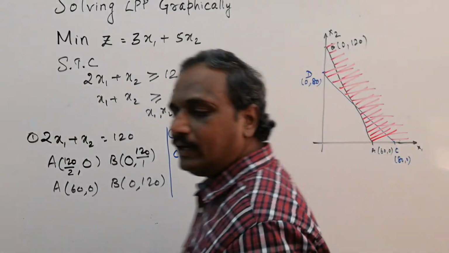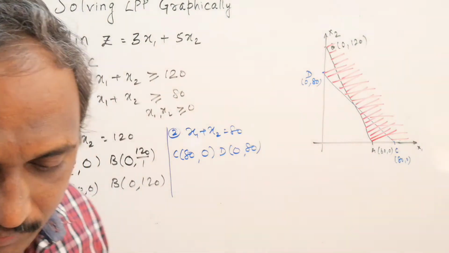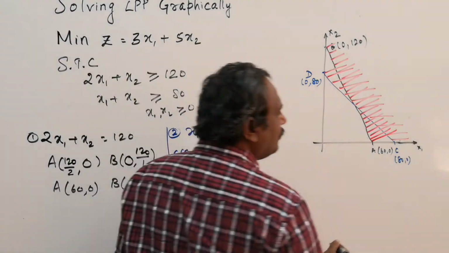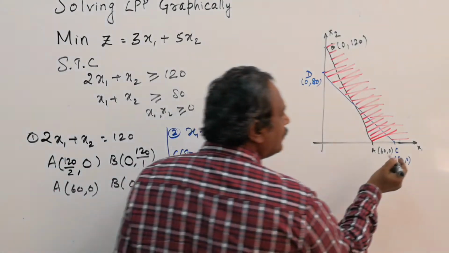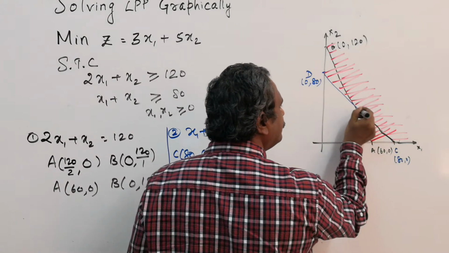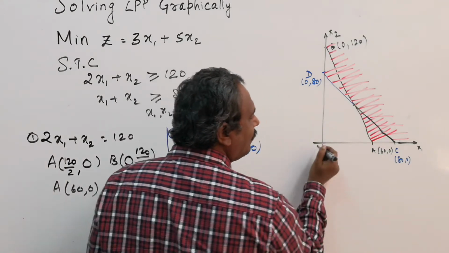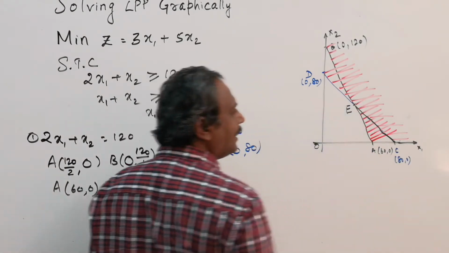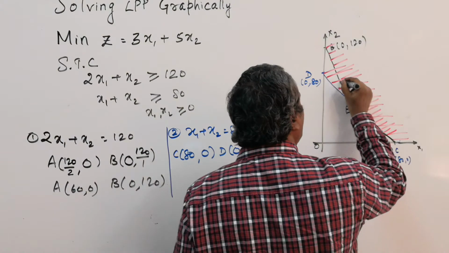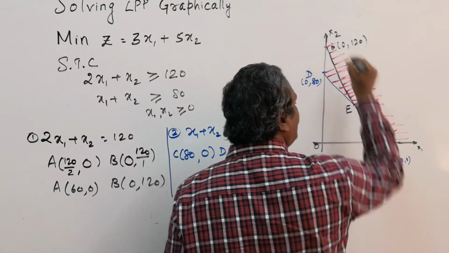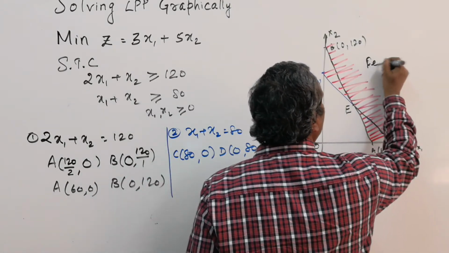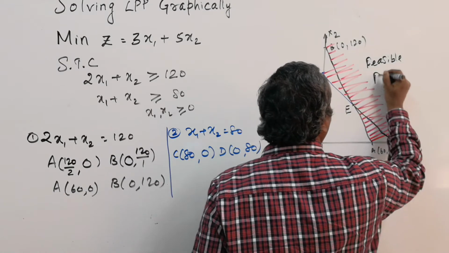So when we check for the intersection, which is called the feasible region, we are going to find the feasible region. To find it, I am going to check the intersection area. When I check here, the intersection area is starting from C, isn't it? It is moving here, and there is a point here. We don't know what this point is, so I am going to assume this is E, and I am going to find this point, and then it is going up. So I am going to consider the outermost region as the feasible region.